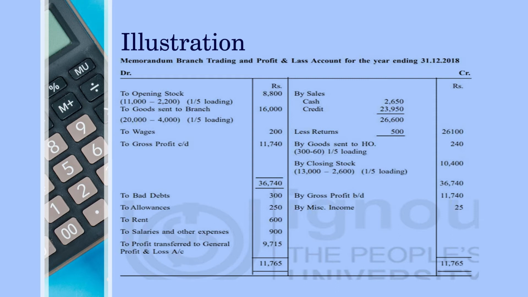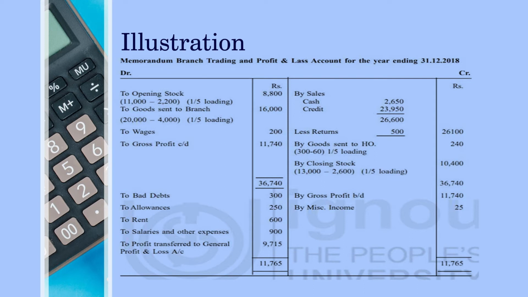Now we come to the right side. So by sales, cash sales is 2,650. So it must be given in the question. Yes, cash sales 2,650. Then credit sale 23,950. So it must also be given. Yes, credit sale 23,950. So total is